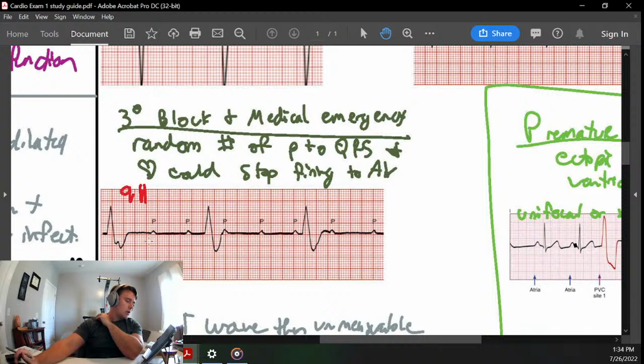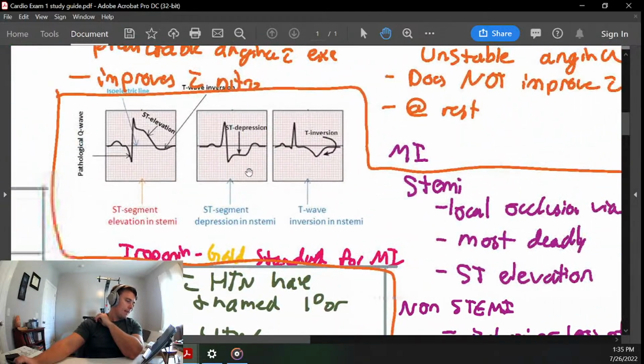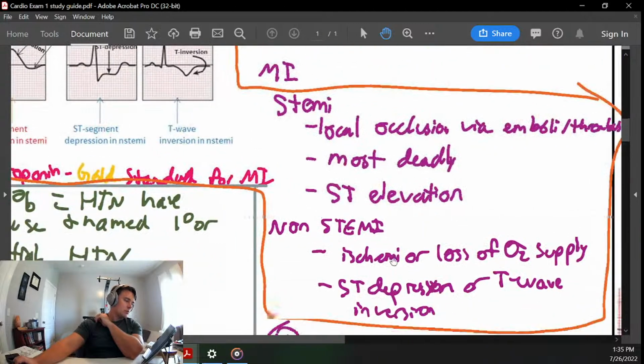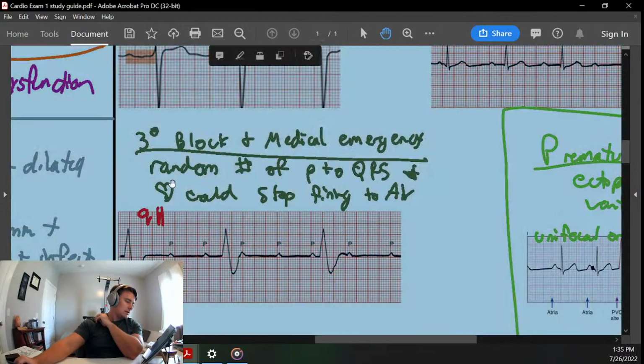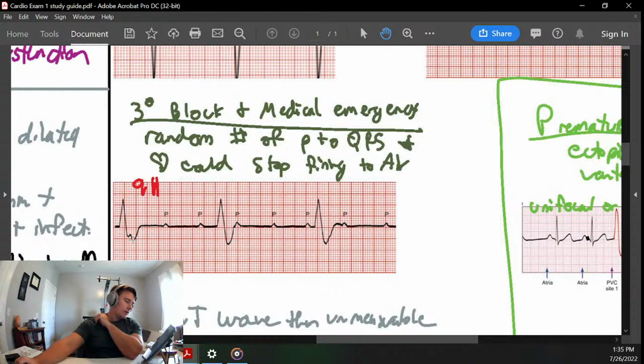This one, you've got a random number and some PVCs in here. Like this EKG is just all over the place. So you've got a QRS with not a PVC, I'm sorry. So this is going to be a non-STEMI here. So if you remember up here, this right here, ST depression, that's exactly what that looks like, third degree right here, ST depression, and an inverted T wave. So right here, you've got a ST depression, inverted T wave, a long PR interval, so you know it's at least a non-STEMI and a first degree heart block because you got a weird one here,